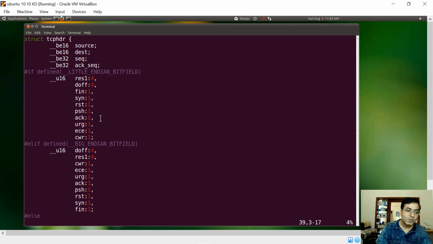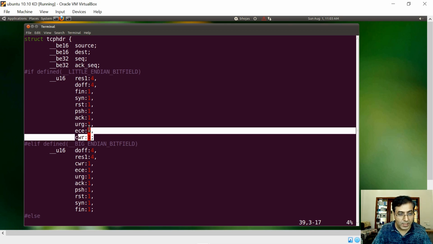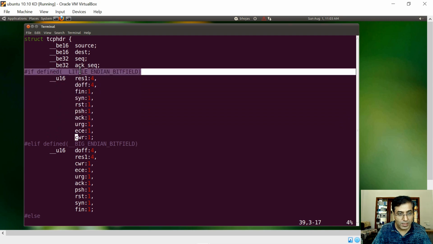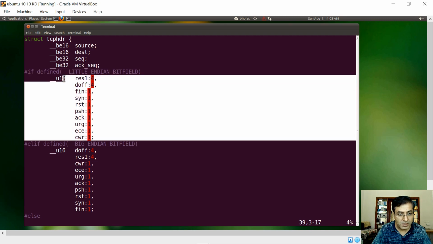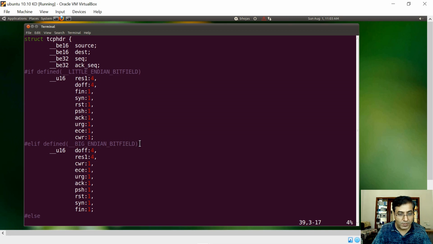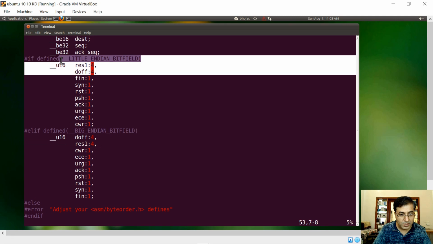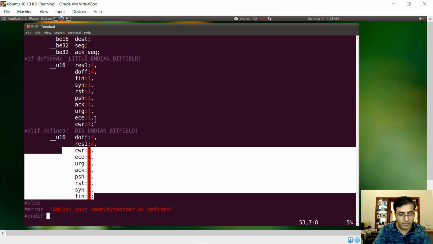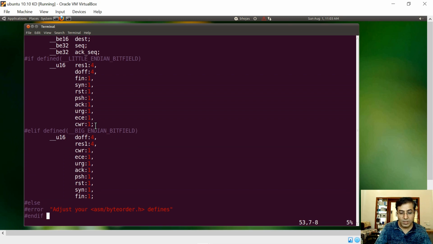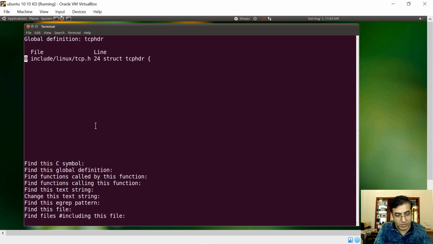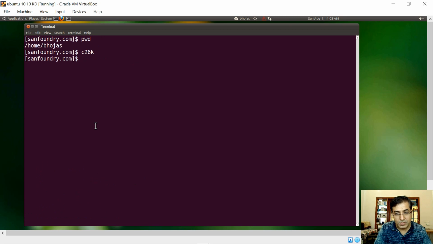This is also a very good example. In my previous class, I talked about little endian versus big endian, the way data is sent out and received from the system. If the hardware is little endian hardware, this is how the memory gets represented. And if the hardware is big endian hardware, this is how the memory gets represented. So it's very different. Every byte is interchanged. You can see that. There are 2 bytes of information here, so this is getting interchanged in terms of direction. Same thing here also. All right, so this was just one example.